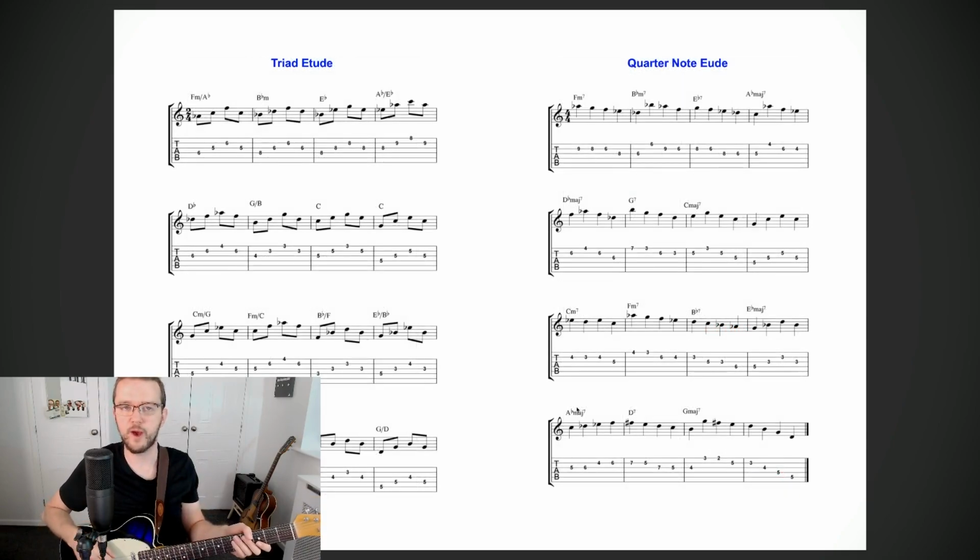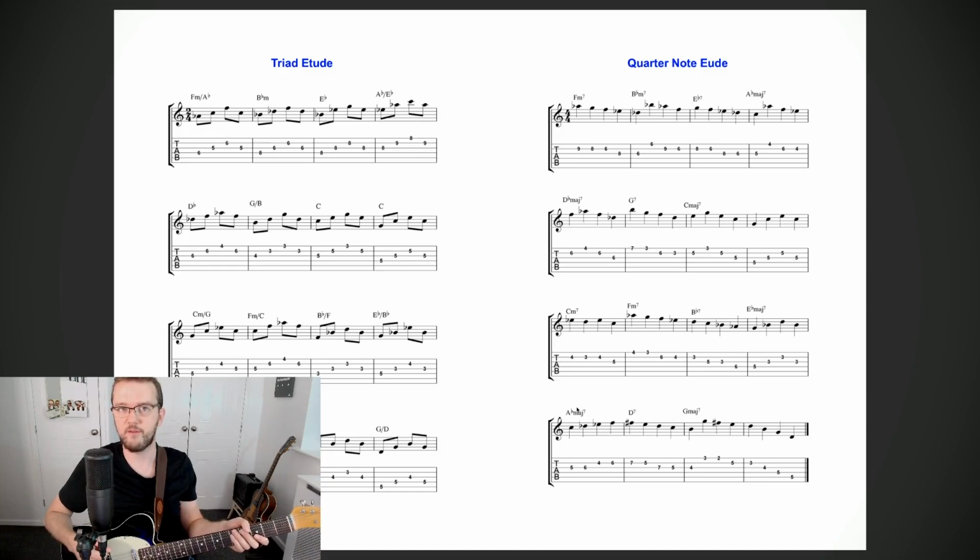Next, we're going to look at 2 etudes that I've written out to help you get started improvising over this tune. All the Things You Are usually has just 1 chord per bar, so you've really got to think of the shortest possible harmonic way of addressing these chords. A great way in which you can spell out these chords because they move so quick is by using triad